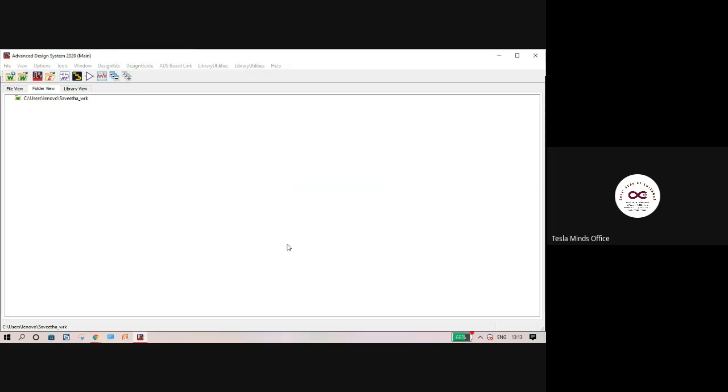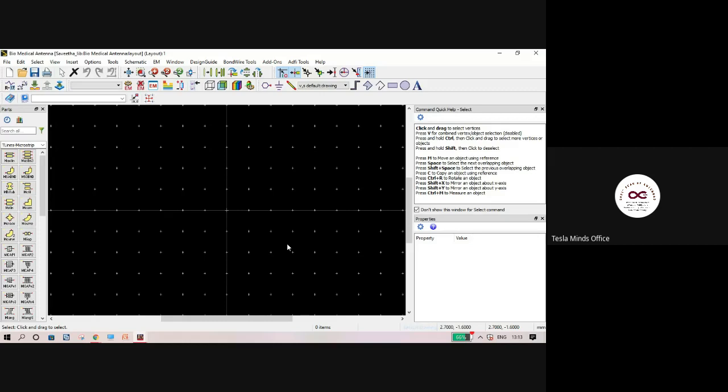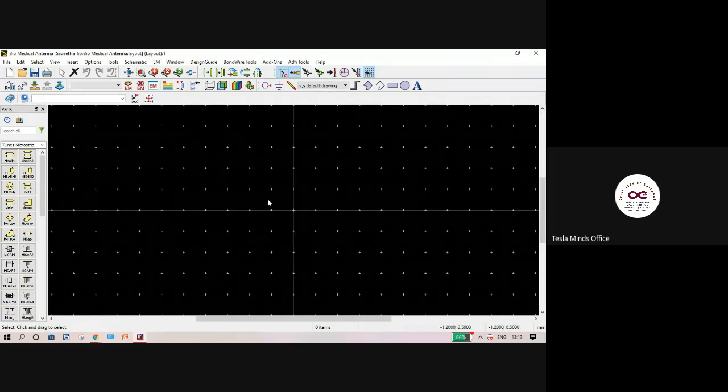I'm going to draw a very simple rectangular microstrip patch antenna because I was told that you are all beginners with antenna design. If you are really excited, you can draw much more complex antennas. But at beginner level, this is the antenna I draw even for industry people, so don't worry. It's going to be a comparatively simple antenna today. So this is the layout window.